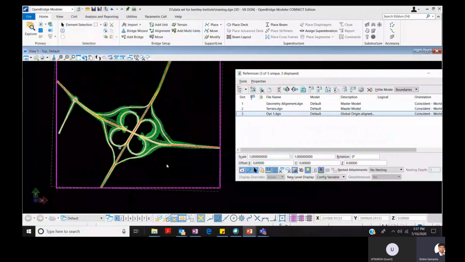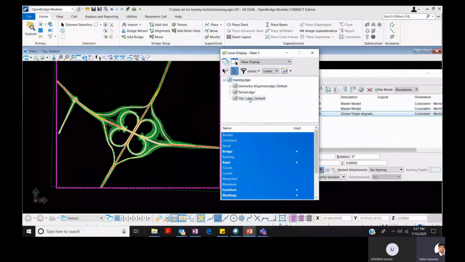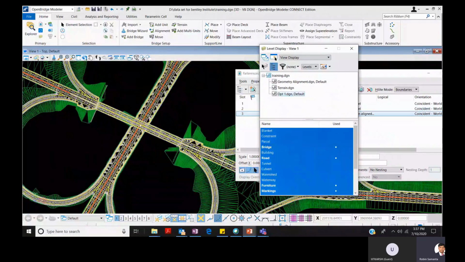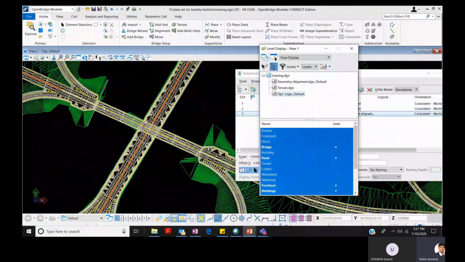And in a similar way in option one, that is our corridor model, we can see there is a layer called bridge. Once you see it here, that bridge is basically the tentative locations that our highway engineer placed for us, saying let's start our bridge from this point and end at that point.